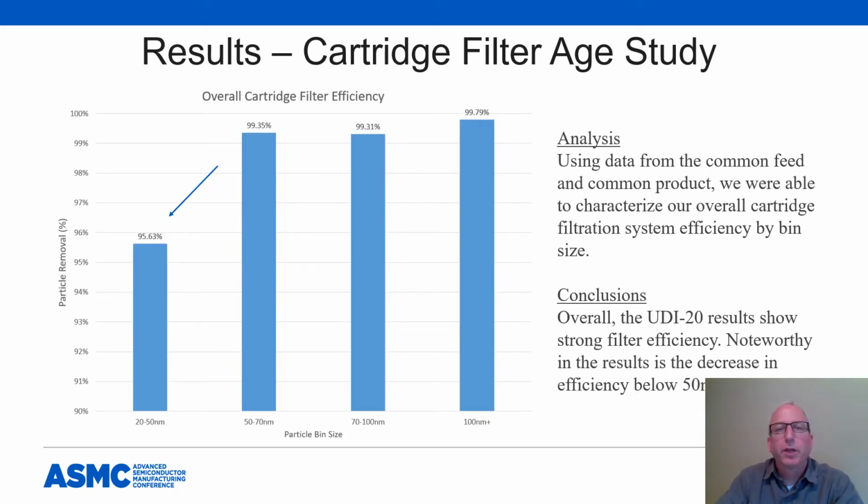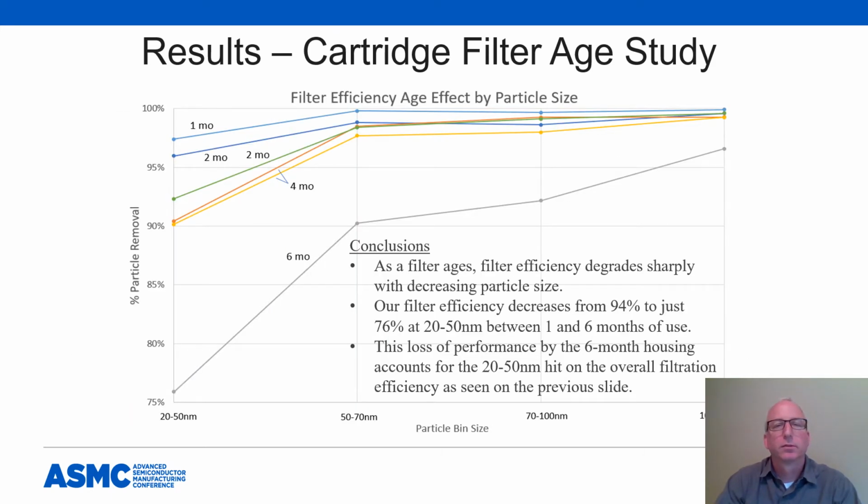Comparing the common feed and common product baselines in and out of the filter system by particle size enables us to characterize the overall filtration efficiency in relation to the rating of the filter. Overall, these UDI-20 results show strong filter efficiency, but noteworthy in the results is the measurable decrease in efficiency that occurs under 50 nanometers. This trend plots the filter efficiencies of each of the 6 filter housings in our study